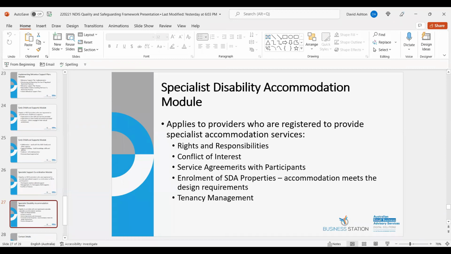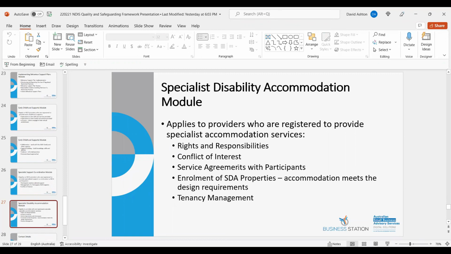And so again, rigorous policies and procedures around how you're going to manage the premises. You might have multiple people in the one premise, how you're going to manage disputes between tenants, any records of incidences of violence or the like, how you're going to manage that. Issues around insurance of clients' property, incident management and the like. So there you go.